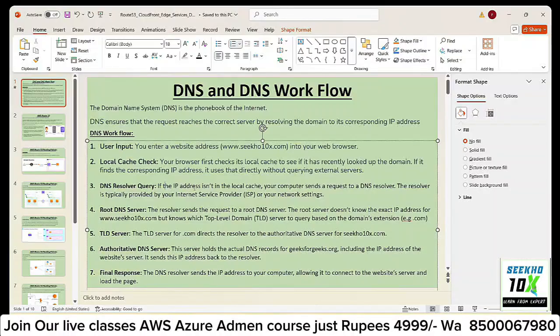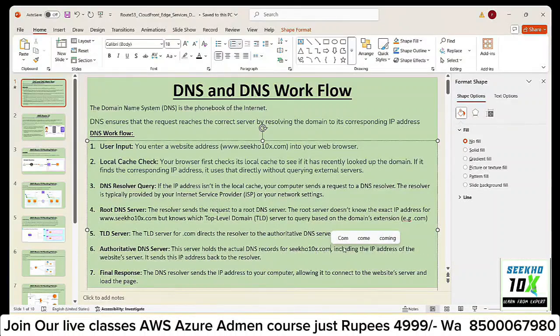It's nothing but your authorized DNS server to get your authentication with your Seco10x app. So the TLD server will again send a request to your authorized DNS server, and that authorized DNS server will populate your DNS record here, Seco10x.com.